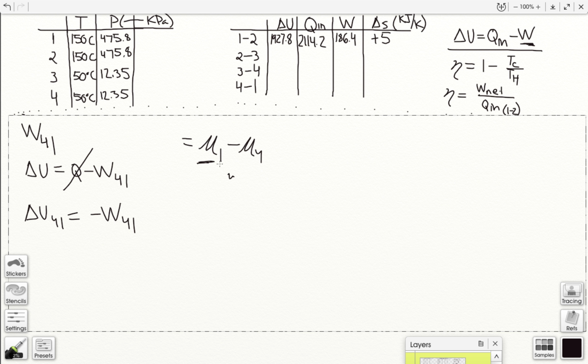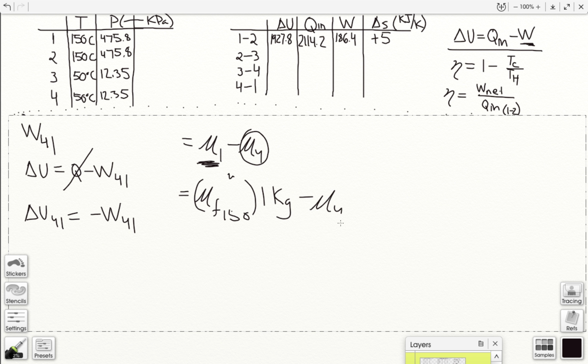Now if you remember, we had found this in our calculations from 1 to 2. And this one at state 1, it is all saturated liquid. So we can just use this value of Uf at 150. That would just again be multiplied by 1 kilogram. And we had found this in our last problem, which was